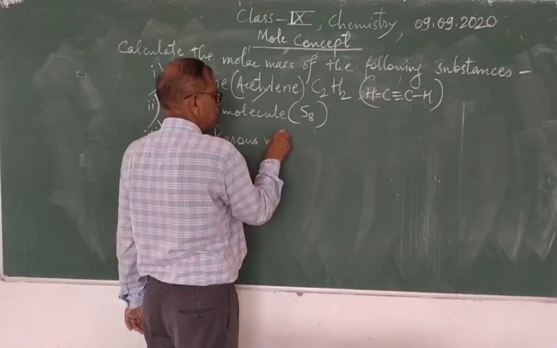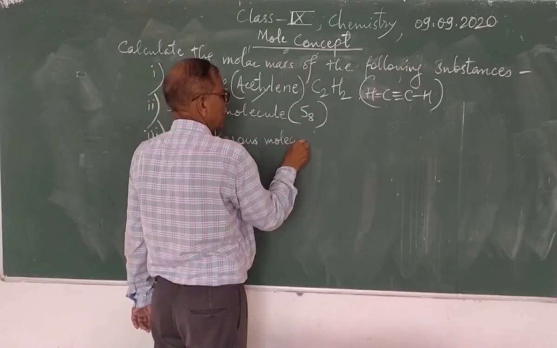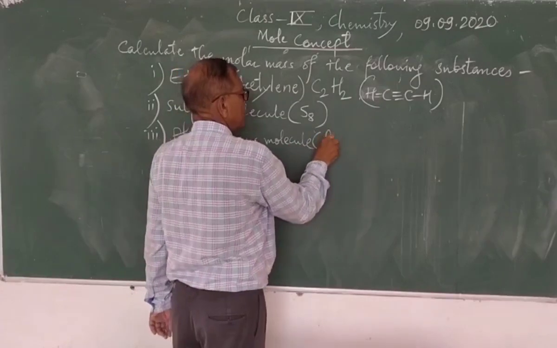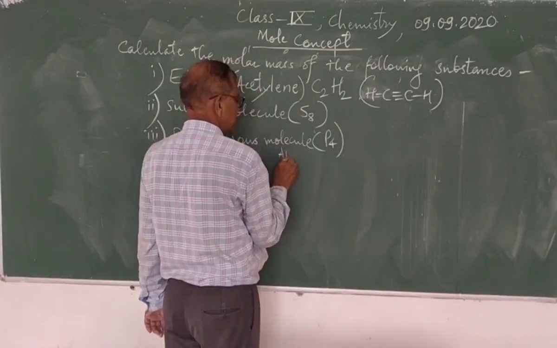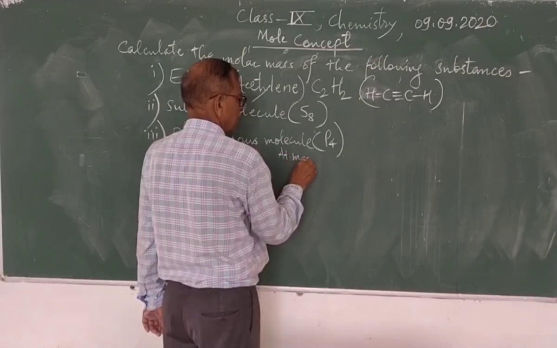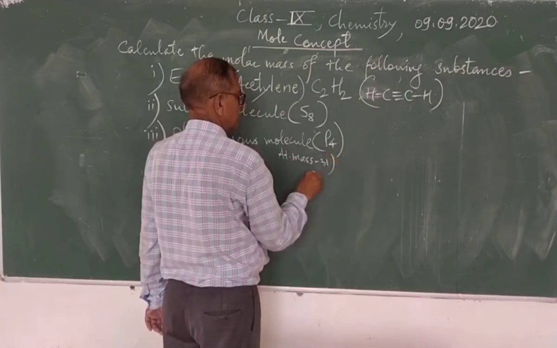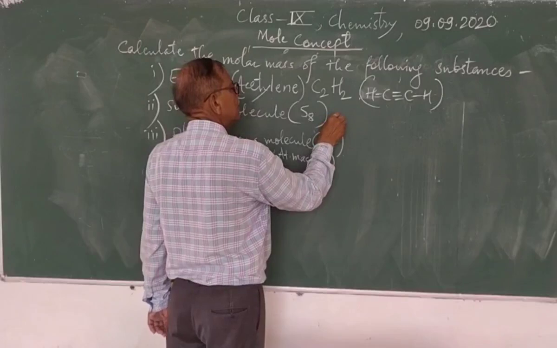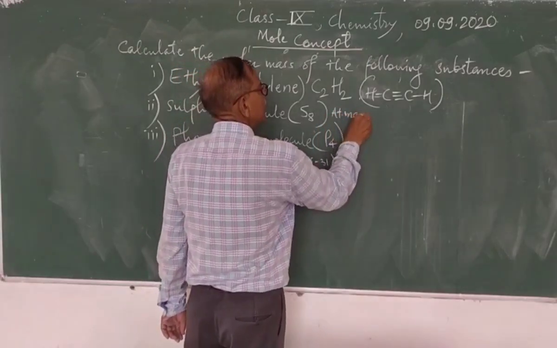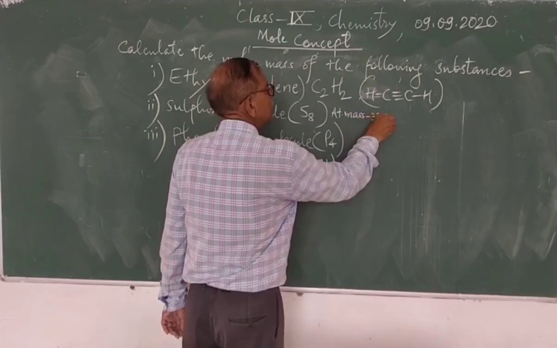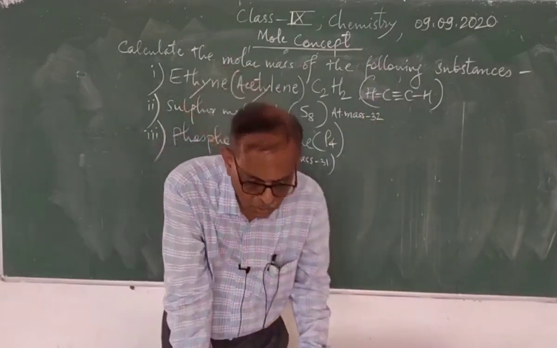Phosphorus molecule, P4. Atomic mass 31. Here atomic mass of sulfur 32. So